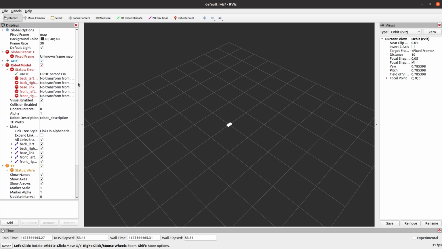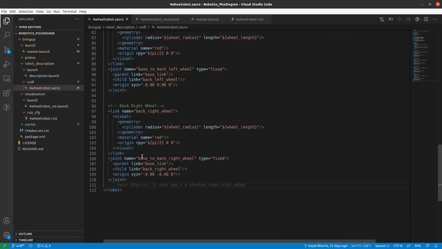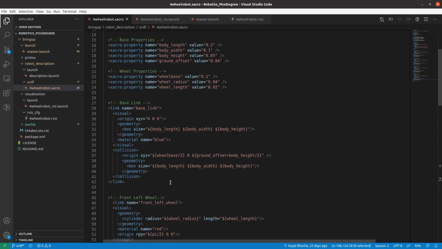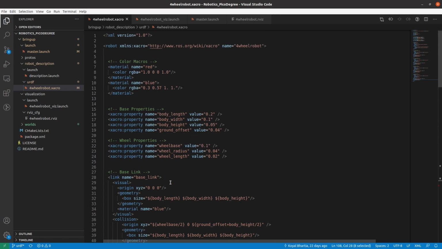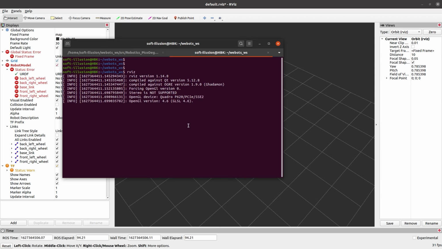This error is because all the joints that we have here are between the base link as the parent link and the child link. However, we haven't defined where the base link is, which is typically given by the localization node.